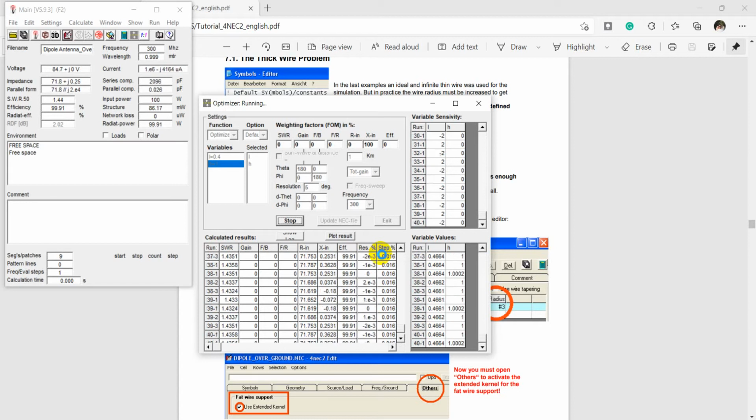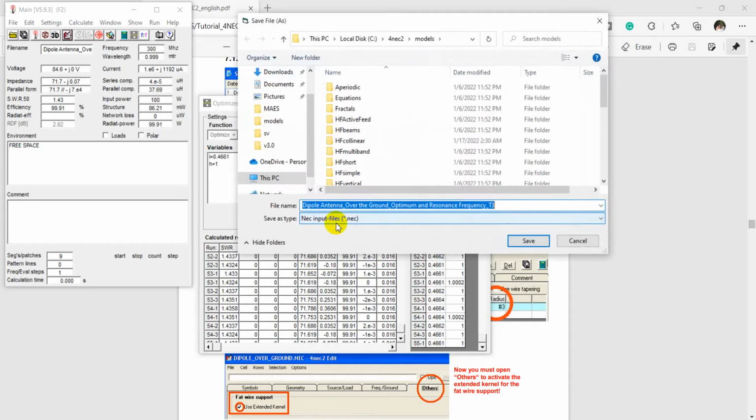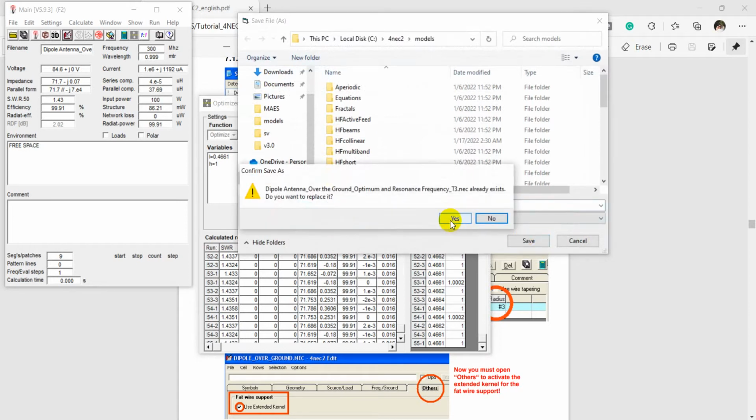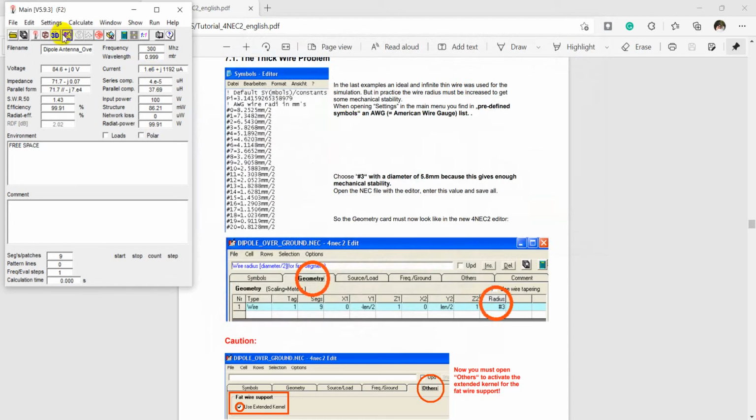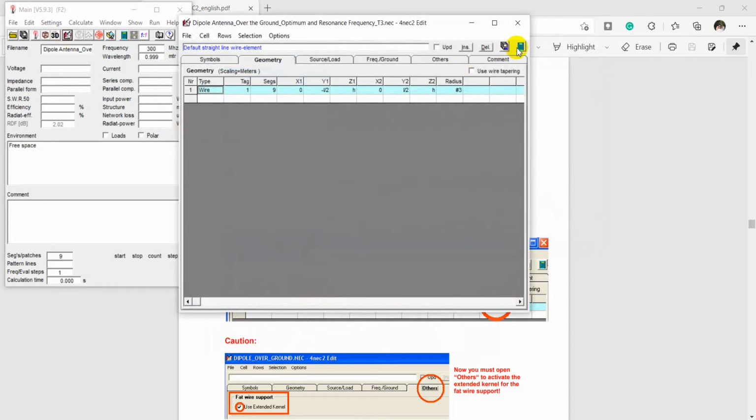So we have the radiation pattern in this function. If we press the stop button, then update the NEC file, saving this file under the name as facility, and clicking the geometric tab,